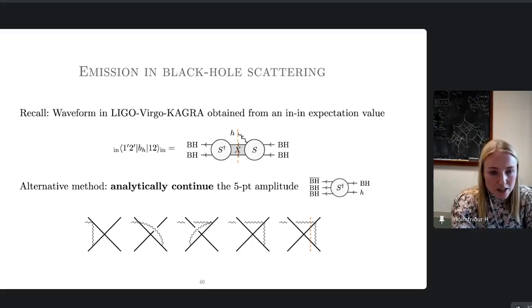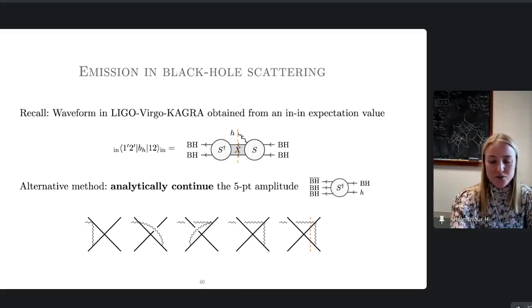So that's something that we tried on a couple of examples. But the unfortunate thing, the caveat, is that of course this goes way out of the classical limit of this observable, because in the classical limit we take this graviton to have very low energies, but for the crossing, we actually need the graviton to be very energetic.